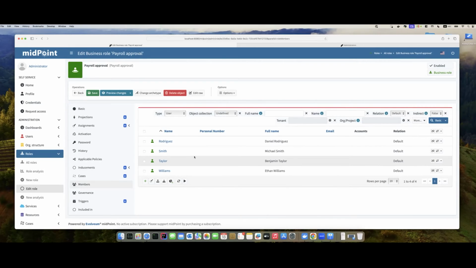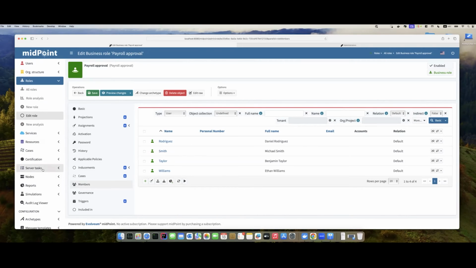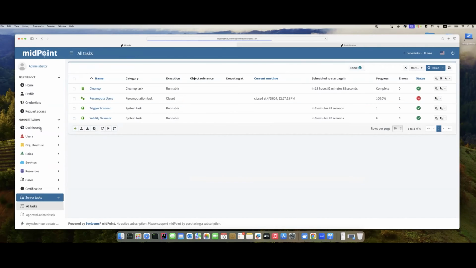So if we have the findings and we are looking to find which people are in groups they are not supposed to be in, the best thing you can do is to have some kind of report or simulate what needs to be found. We prepared several tasks which will recompute the users, and we applied the segregation of duties rule between payroll approval and payroll preparation.